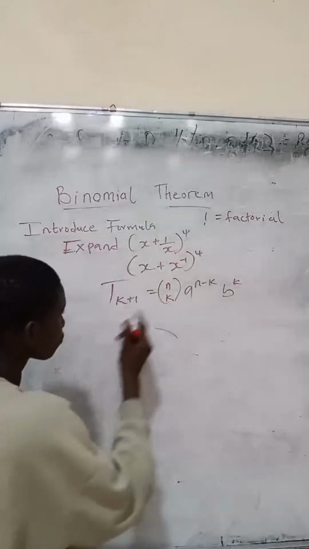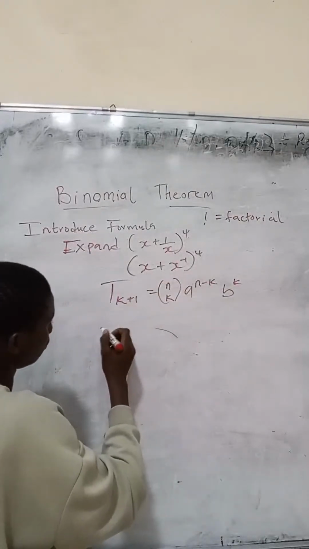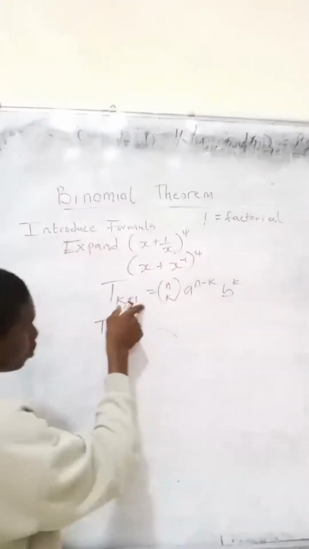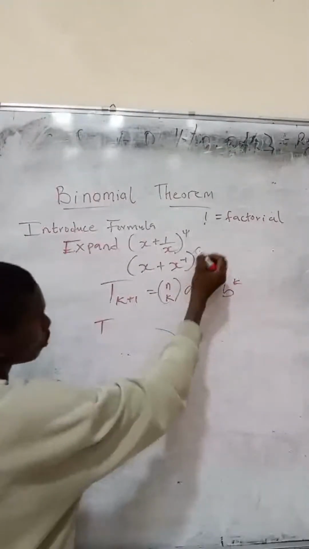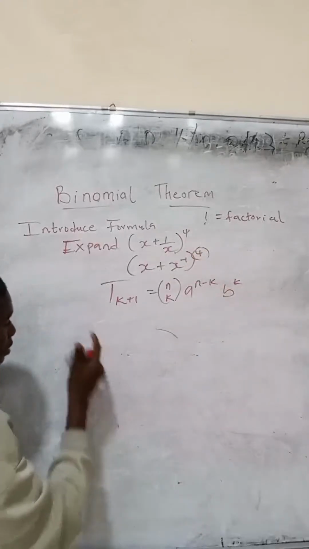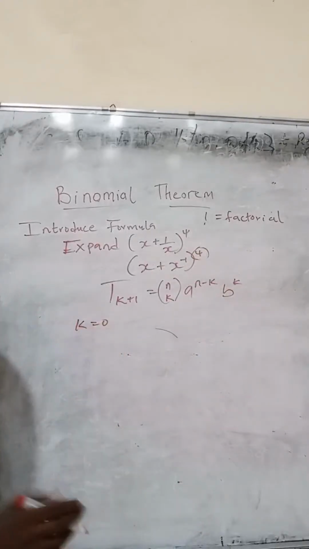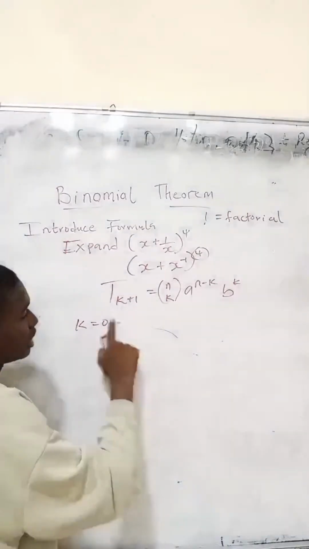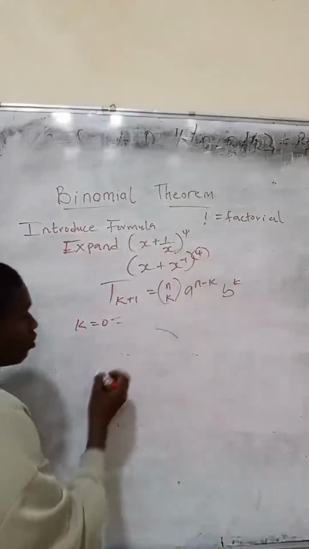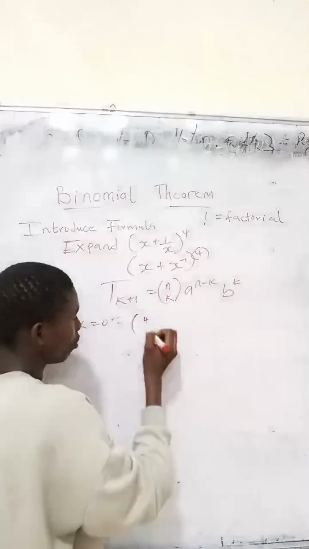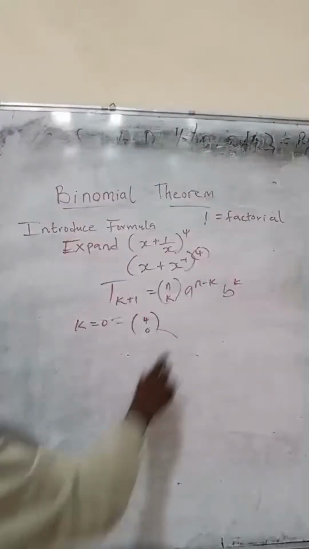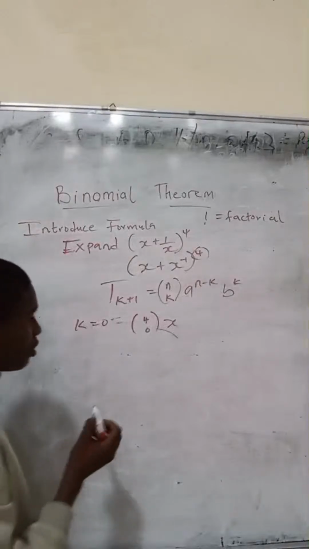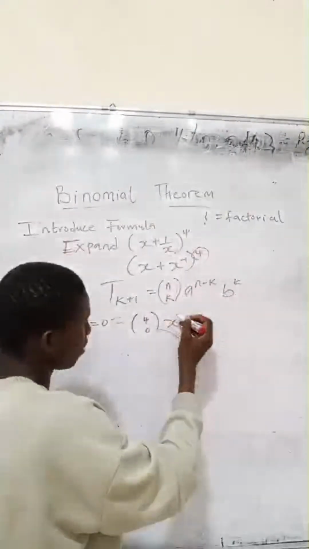So now, from this place, we are going to have our t. We are going to be solving for each term one after the other from this point. So first of all, I'll say let my k be equal to 0. So if my k is equal to 0, my n here is going to be equal to 4. So for the first part, I'm going to have 4 choose 0. My a here is the same thing as x. You understand? x and times. So x here, then I'm having